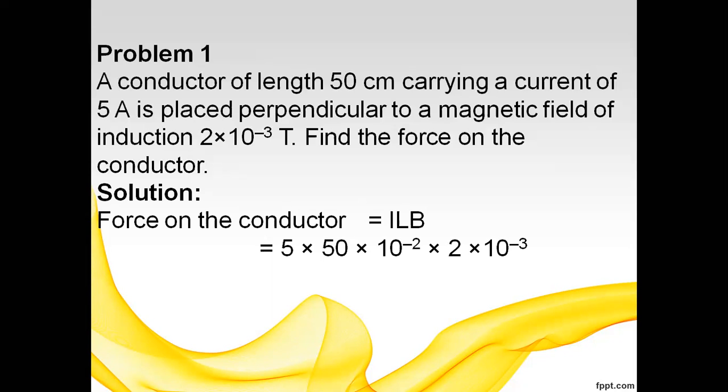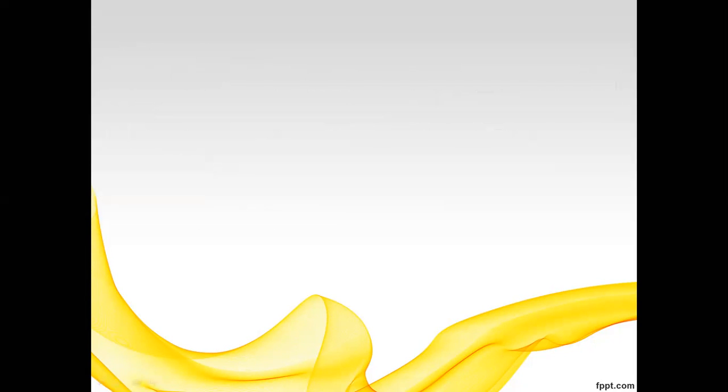So 5 into 50 into 10 power minus 2 into B, the magnetic field, 2 into 10 power minus 3. So 5 into 10 power minus 3 Newton. This is the force on the conductor, 5 into 10 power minus 3 Newton. The next problem is